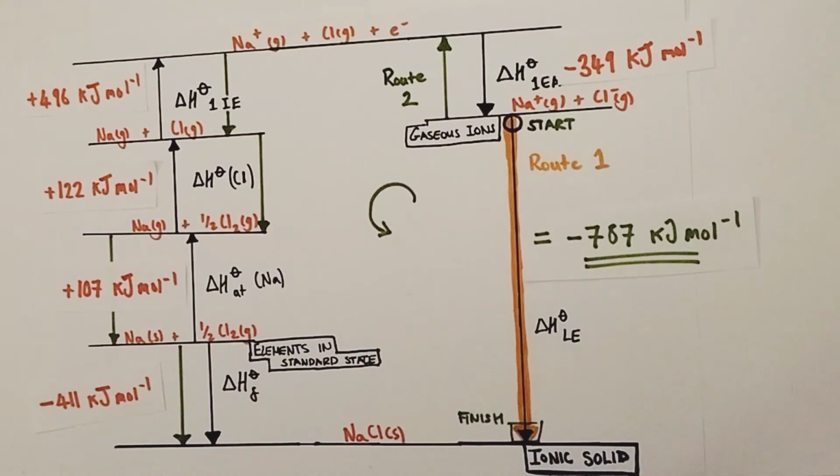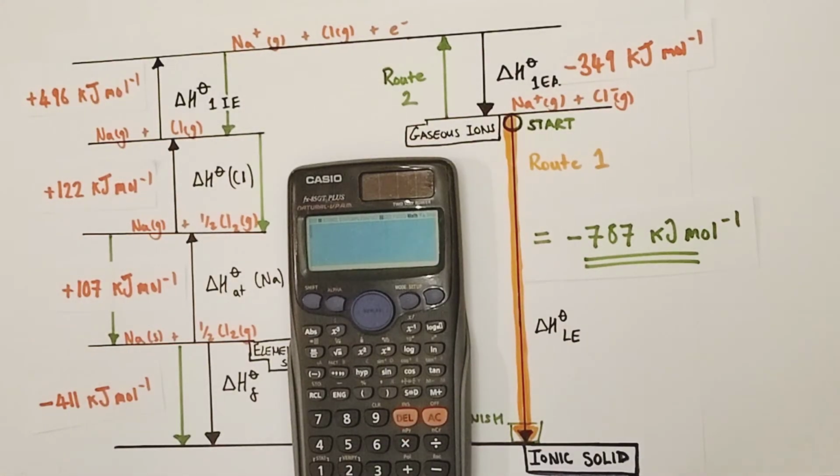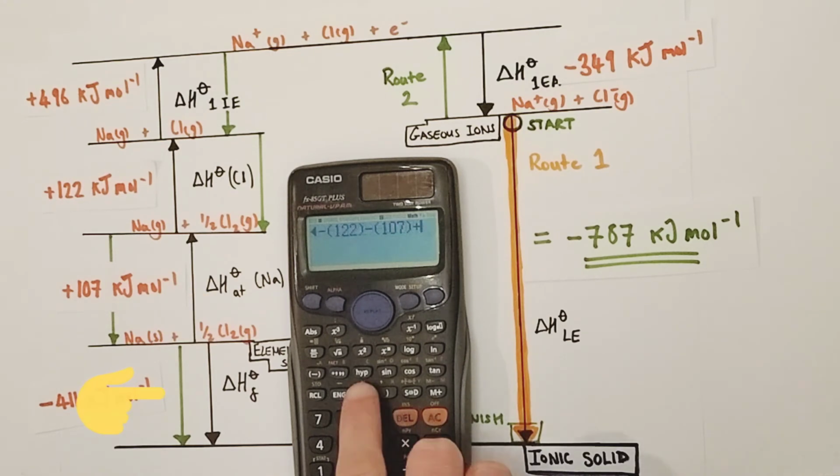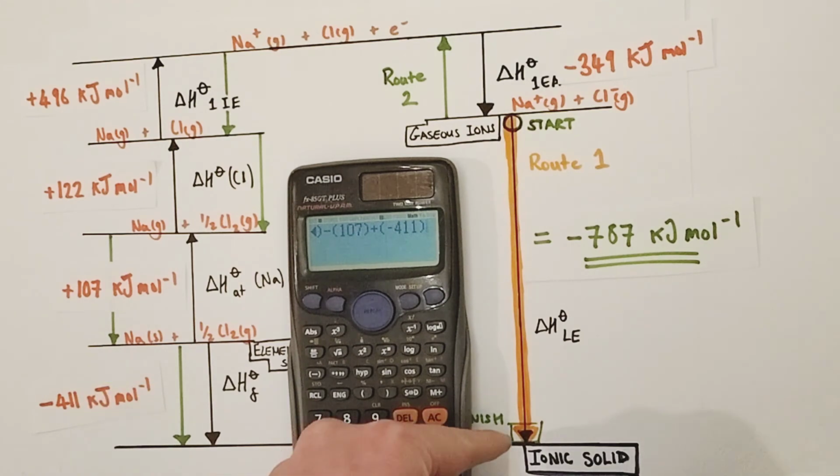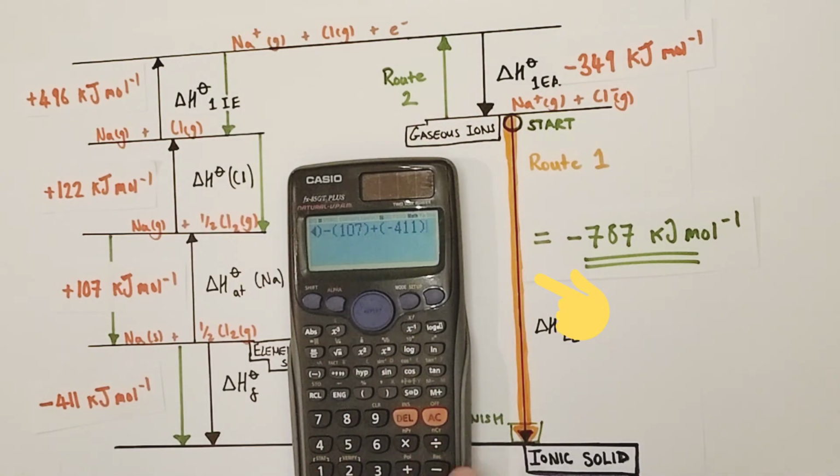Let's just see what happens on a calculator when I do that. Right then, here we go. Hopefully a little hand should appear and take you round the cycle as I work through this. So it's minus 349, because we're going against that arrow direction. Then it's minus the plus 496. Then it's minus the plus 122. Then it's minus the plus 107. Then it's plus the minus 411, because we're going with that arrow direction. And then finally we're going to go against the arrow direction for the whole of route 1. So it's therefore minus